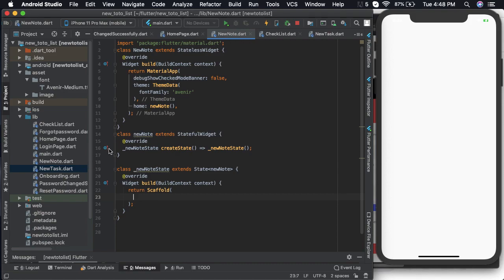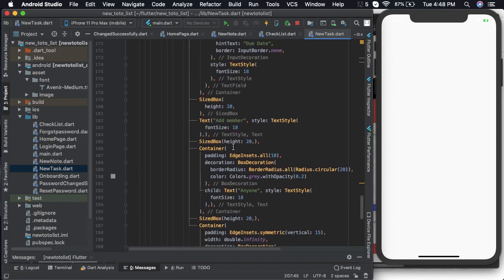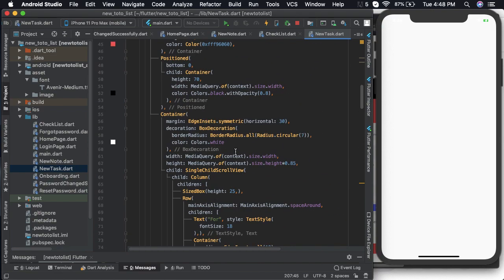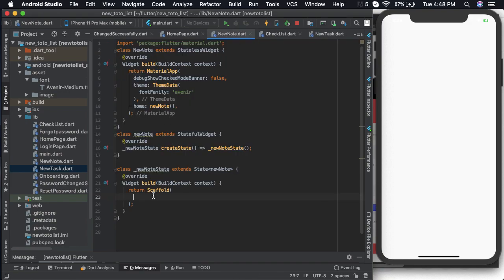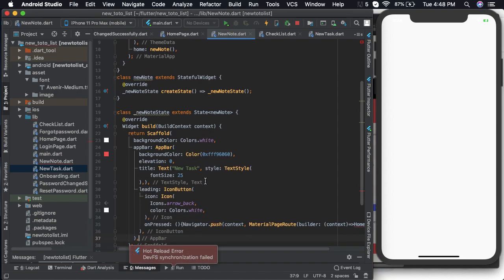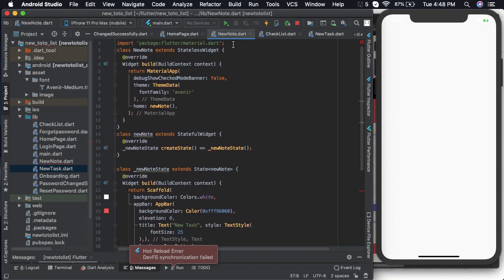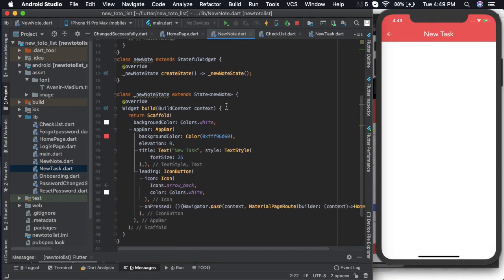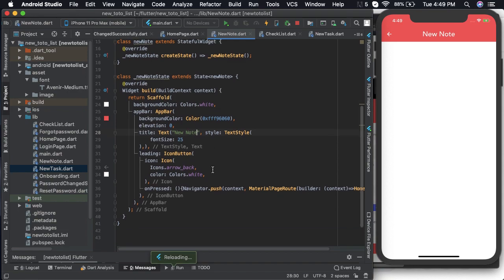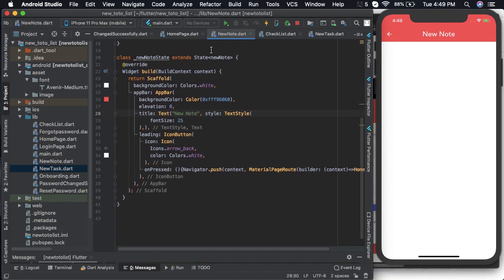And then in the quick note, the app bar part is going to be the same, so I'll copy that one. Now perfect. Now this one should say new note. Yes. And after that,